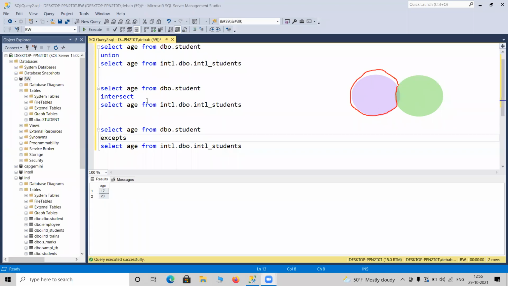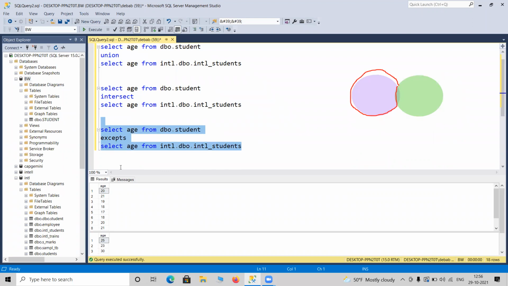So here, if you take a look, in intersect, we got 17 and 20, that is common. If I run this query, the first query dbo.student, it will give me all the result, including 17 and 20. Look, 20 is present, 17 is present. But if I run this query, except the values coming from the second table, 17 and 20 is also present in the next table.